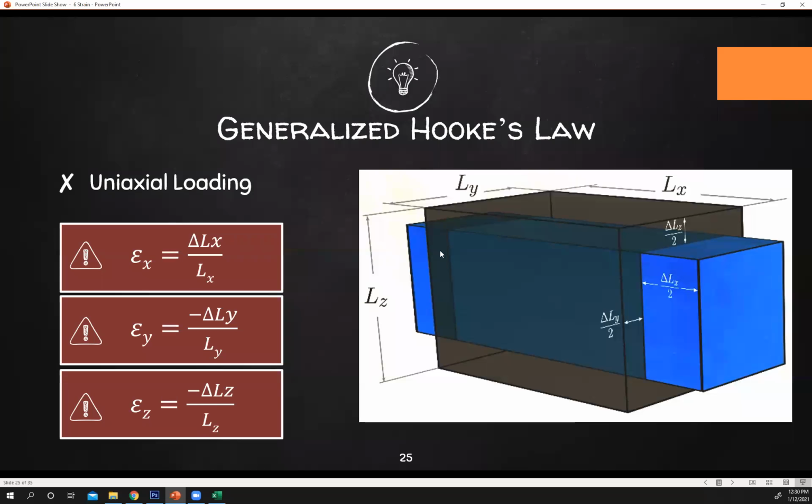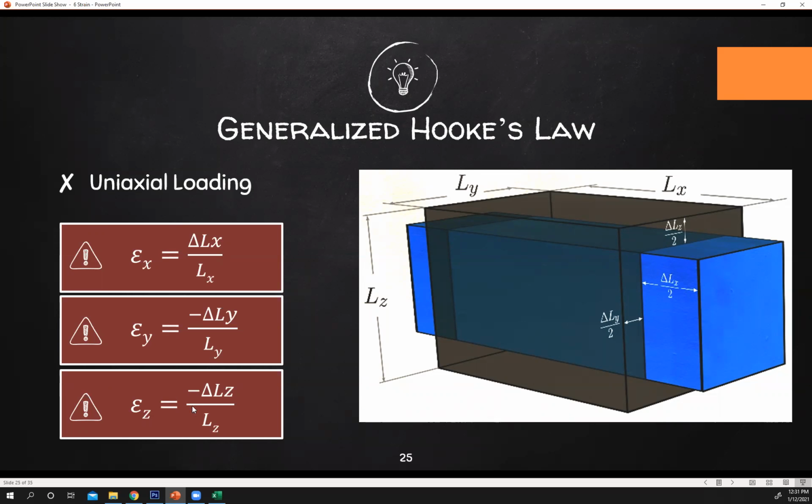By the way, the reason why this is change in Lx over 2 is because it's gonna change in this direction as well. So there's 2, it's gonna elongate or contract along both sides, but the total elongation is just change in L. So this is marked as change in L over 2 because this is also change in L over 2, and the summation of that is change in L. In case you're confused, there are 2 there, both sides. And then do the same for the rest: along the y-axis and z-axis, it is just change in L along that axis over the original length in that axis.